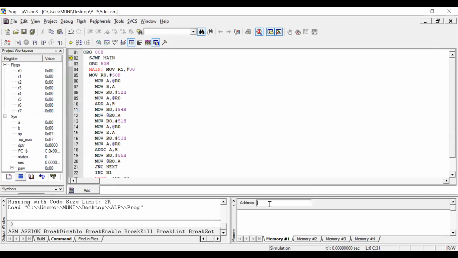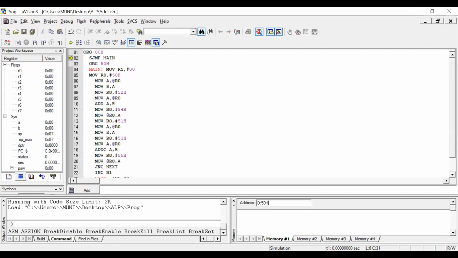Here the memory window is selected. We know that inputs and outputs are temporary, that is loaded into RAM only. RAM is represented here with the help of D. D indicates data memory, called the RAM. Then what is the starting address? 50H.